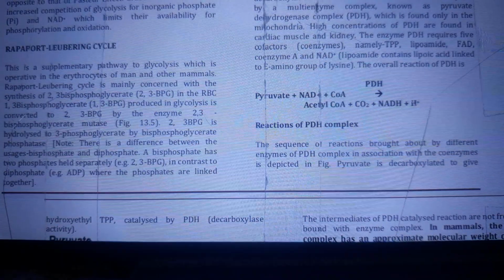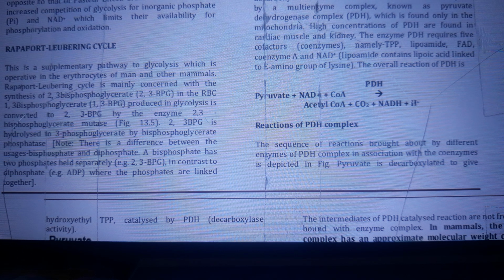Conversion of pyruvate to acetyl-CoA. Pyruvate is converted to acetyl-CoA by oxidative decarboxylation. This is an irreversible reaction catalyzed by a multi-enzyme complex known as the pyruvate dehydrogenase complex, PDH, which is found only in the mitochondria. High concentrations of PDH are found in cardiac muscle and kidney. The enzyme PDH requires 5 cofactors, coenzymes, namely TPP, lipoamide, FAD, coenzyme A, and NAD plus. Lipoamide contains lipoic acid